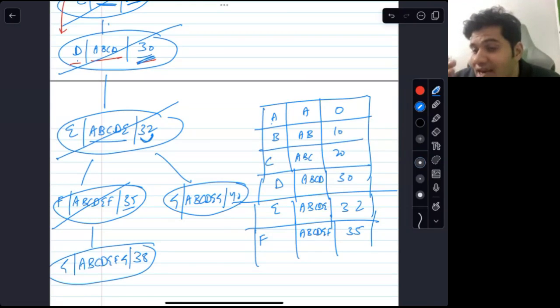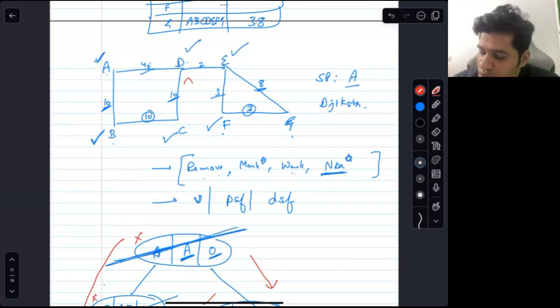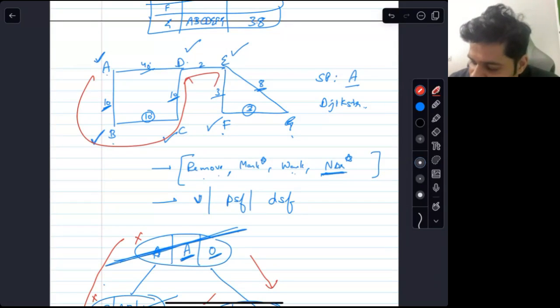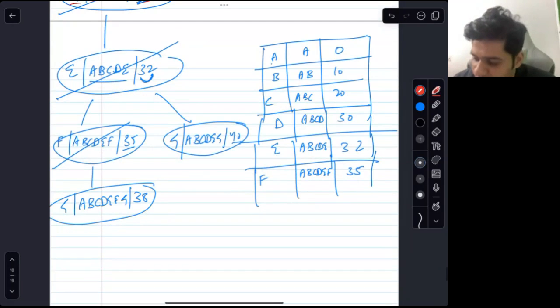If you are looking clearly and deeply at the algorithm, there were two paths to G. We had taken this shorter path to D. After that, there was one path, and the other path was to go like this and visit G via that. Both these paths have been detected. So A, B, C, D, E, F, G and A, B, C, D, E, G are both here.